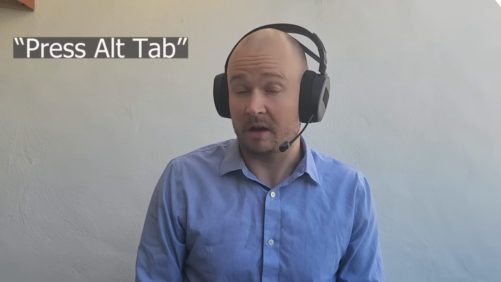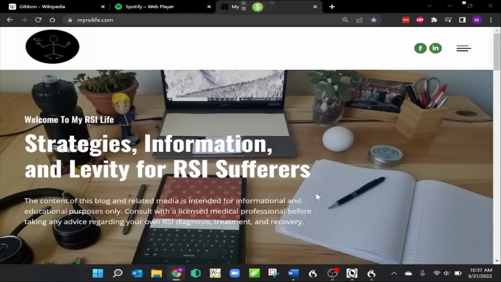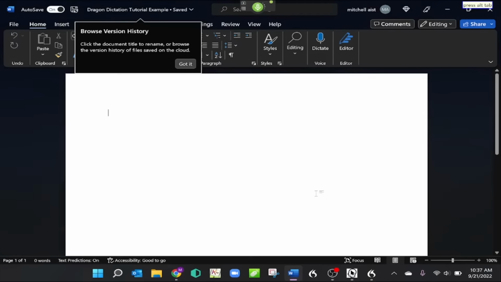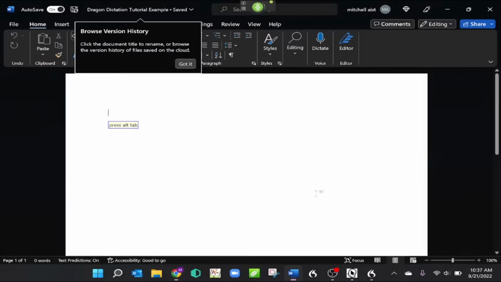Now there is a keyboard shortcut which I love. It's called Press Alt Tab, or if you're using your hands, you can press Alt Tab on the keyboard, and that toggles between your last 2 most recently used applications. So let's try that. Wake up, click Cancel, press Alt Tab, press Alt Tab, press Alt Tab. Go to sleep.